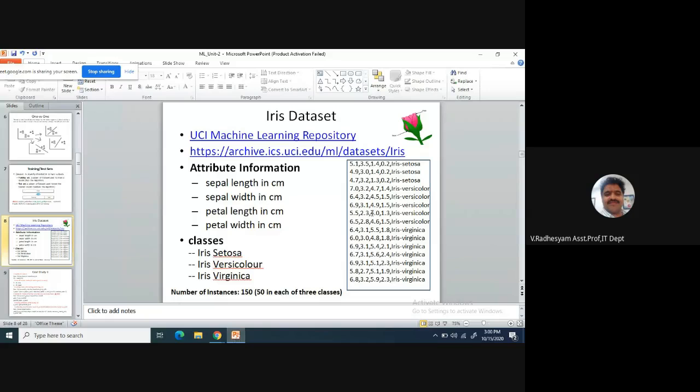This data we use for training. Then the machine can learn. That's what we call machine learning. The machine can learn based on all these examples and keep in mind that if this type of sepal length, sepal width, petal length, petal width information is there, then this belongs to class C1. Then this belongs to class C2. Then this belongs to class C3. Likewise, it will learn through the examples.